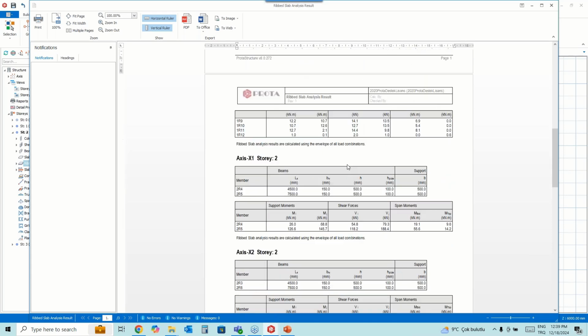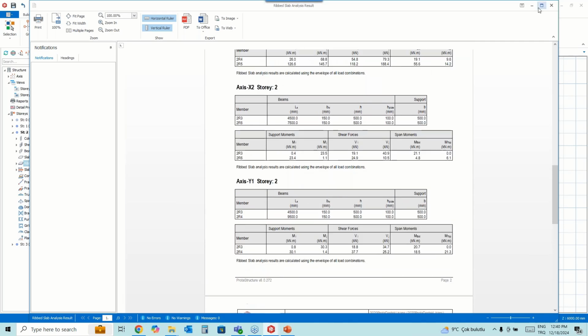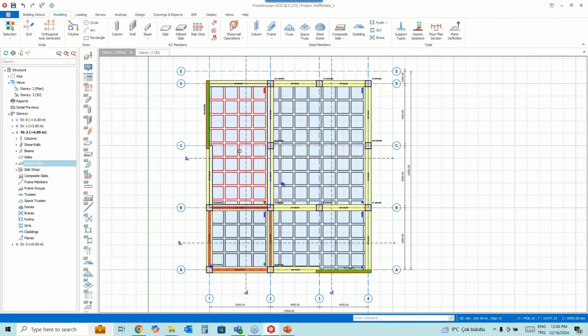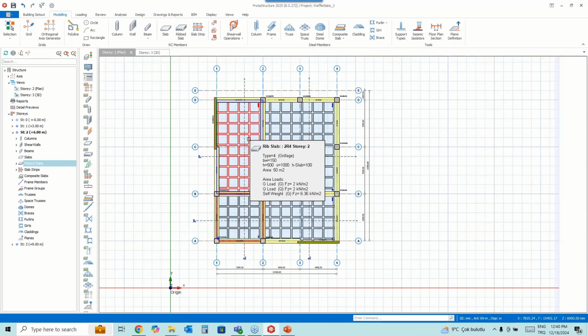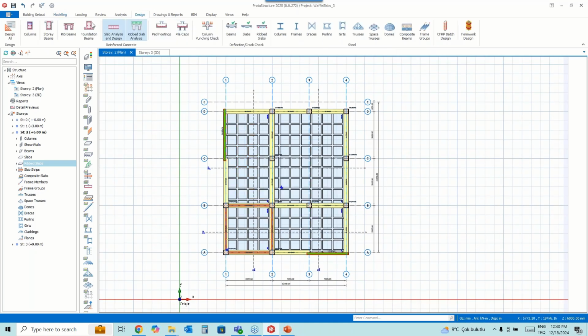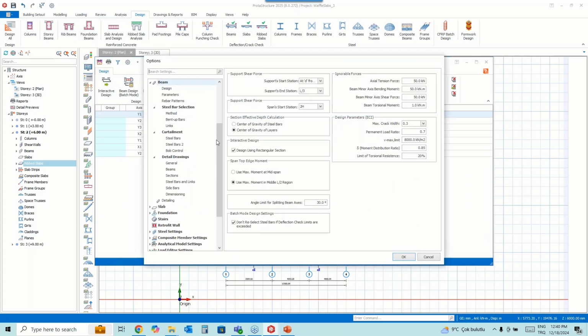So you can see that these reports are provided in here. And after this, all these internal forces will be transferred to the design part. So I'm gonna go to the rib beams, and of course first we can use the rib settings.